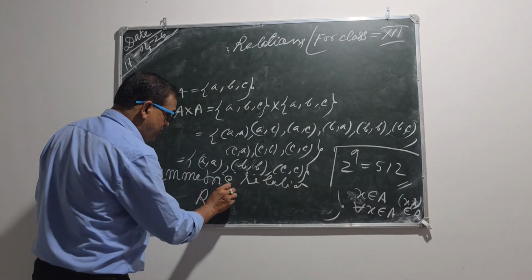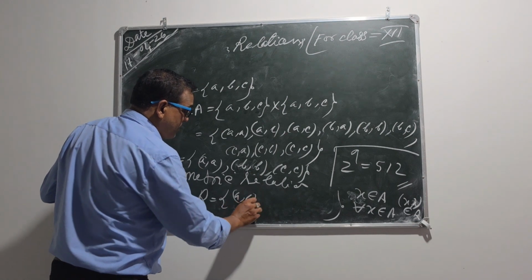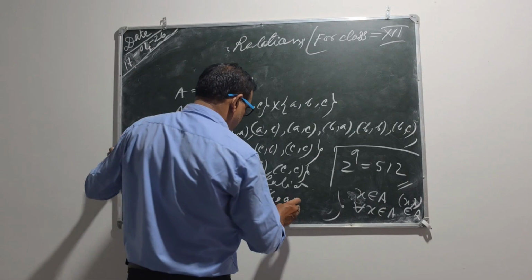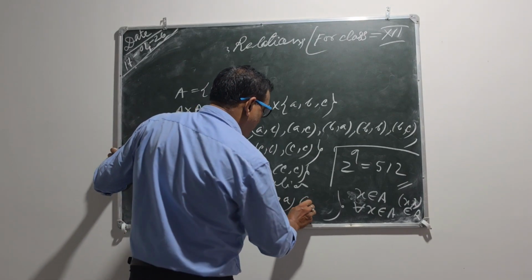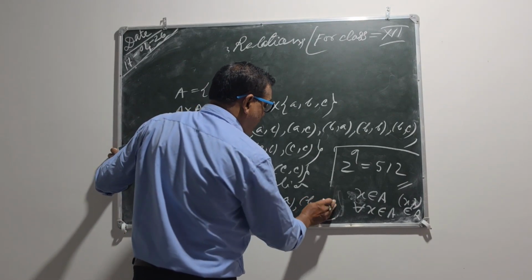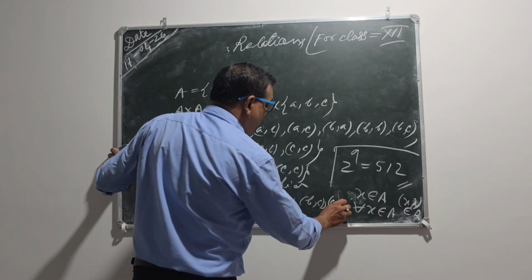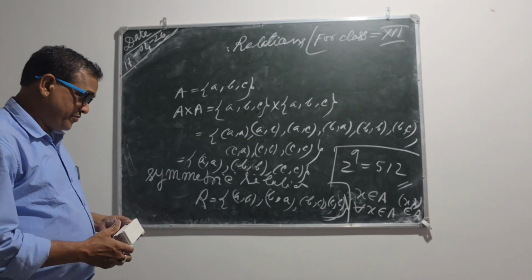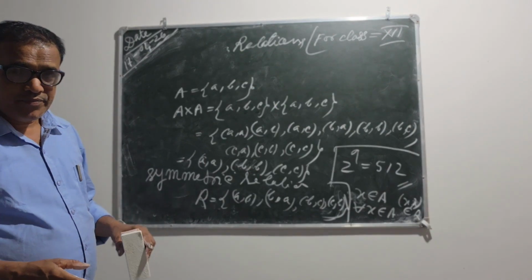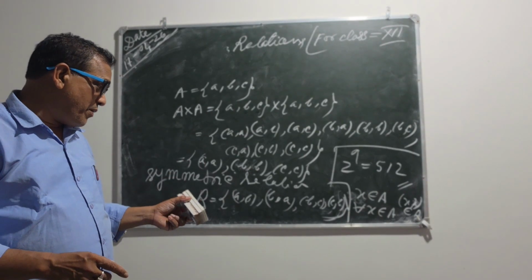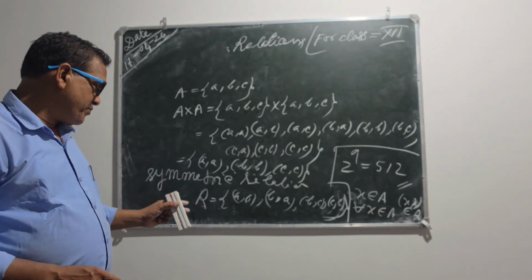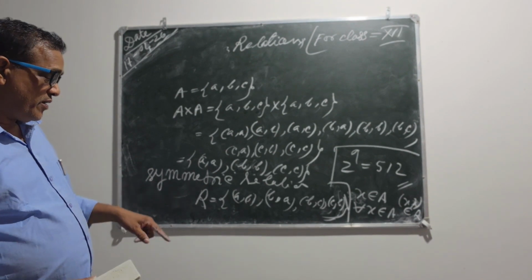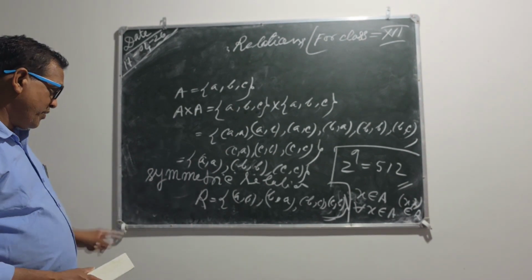If another relation is like (A, B), (B, A), then (B, C) and (C, B) also present here. So that is called a symmetric relation. (A, B) implies (B, A). If (A, B) is in a relation, then in that relation there should exist (B, A) also. So for any ordered pair, its inverse ordered pair is also supposed to be present here, then we can say it is